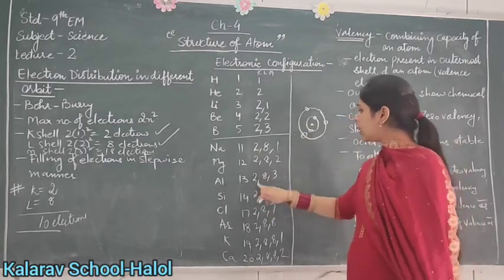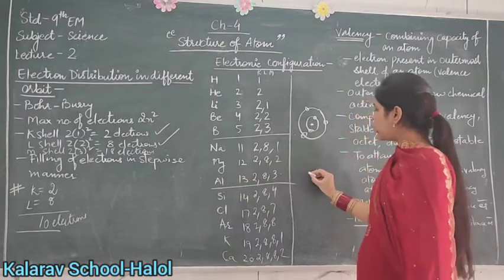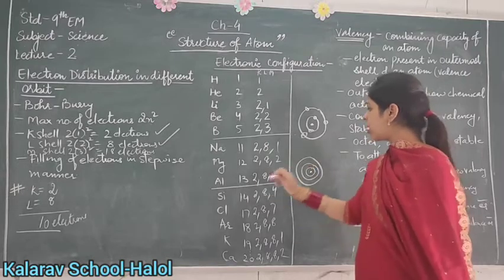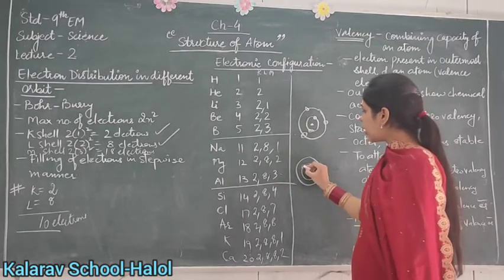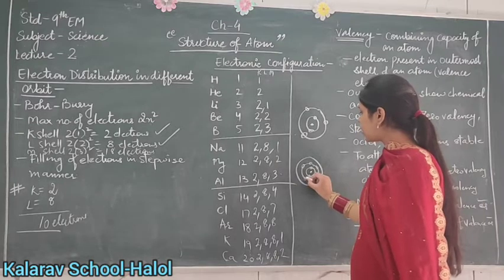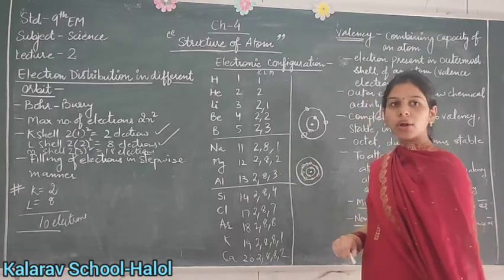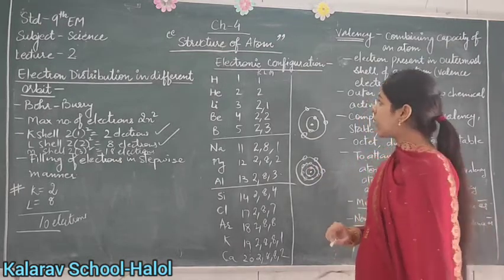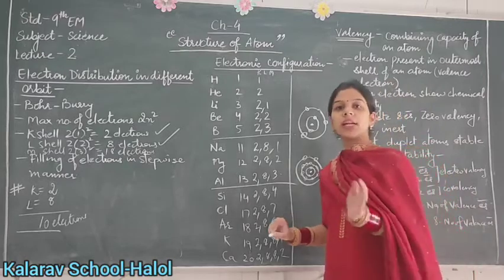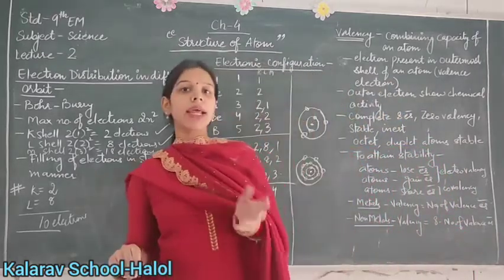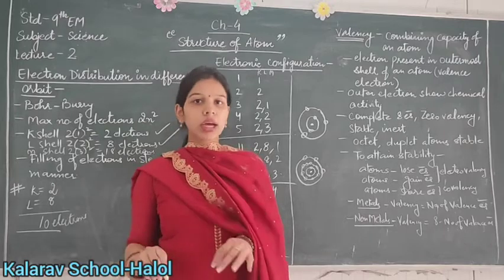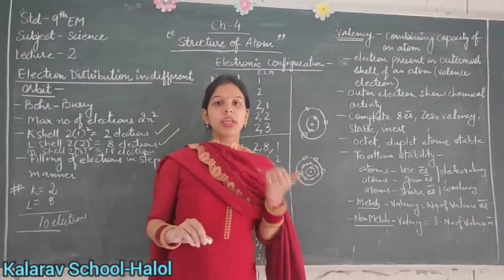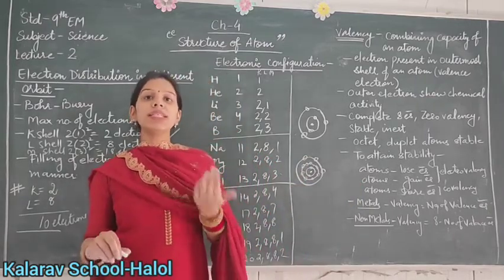For example, for aluminium, it is a nucleus, it is the K shell, it is the L shell, it is the M shell. So here it is 2 electrons. Here 1, 2, 3, 4, 5, 6, 7, 8. It is 8 electrons in the L shell. 1, 2, 3. It is 3 electrons in the M shell. So just like we write the energy level diagram for different elements by knowing the electronic configuration. Is that clear? By knowing the electronic configuration, we can also know about the valency of an element.